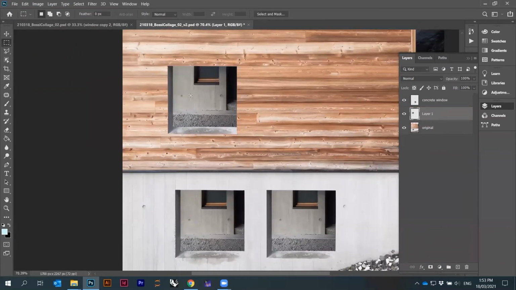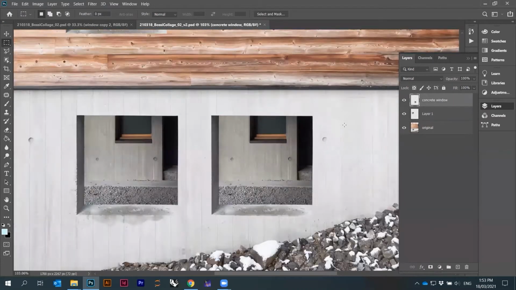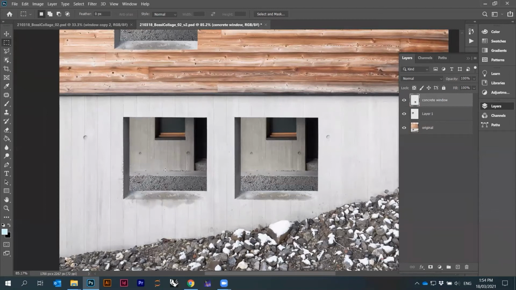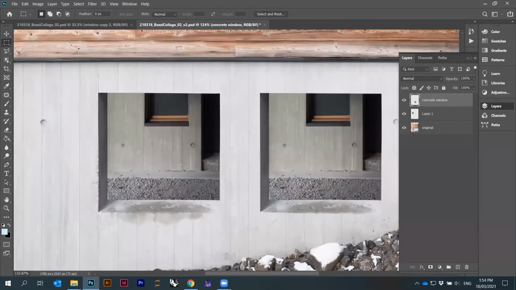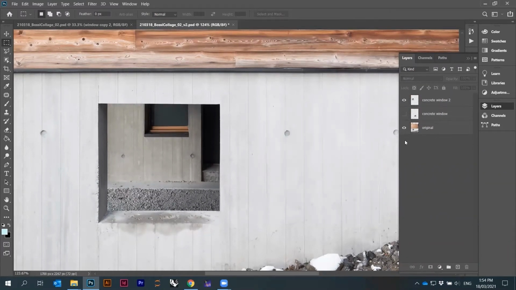Okay, and I want to just show you, so this one you can leave here. I want to show you how you can try to patch up this wall. This now becomes a little bit obvious how you can try to patch it up. So we will use this window, concrete window 2. Okay, concrete window 2. That one is up. So here, the one on the bottom, we will just remove,